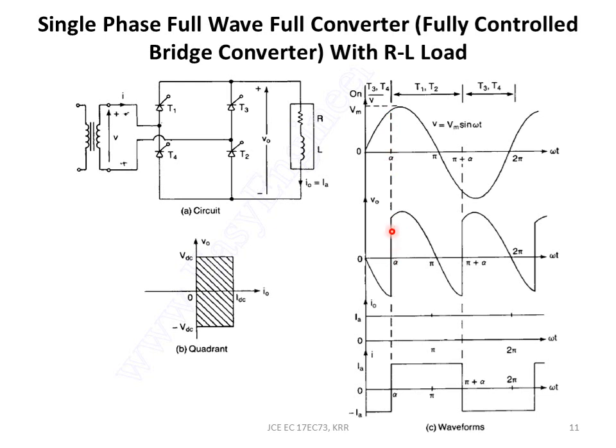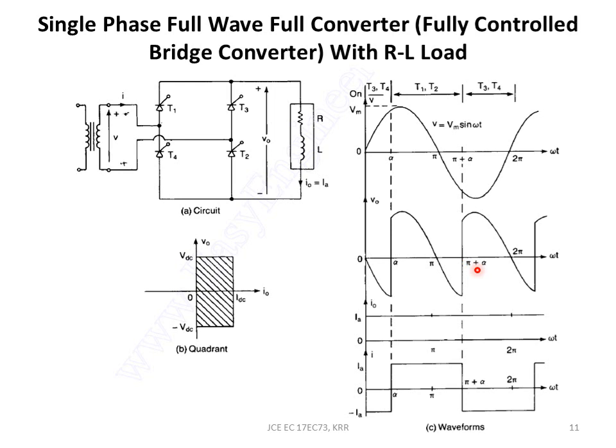The current will start to flow in the load, positive current like this, and the voltage will come across the output till pi, and after pi the inductor will not stop that current, and hence these two switches remain on and carrying the load current. Because they are on, this part is connected to input, this part is connected to the load, and hence you see that the load voltage is the same as input from alpha and beyond pi till pi plus alpha.